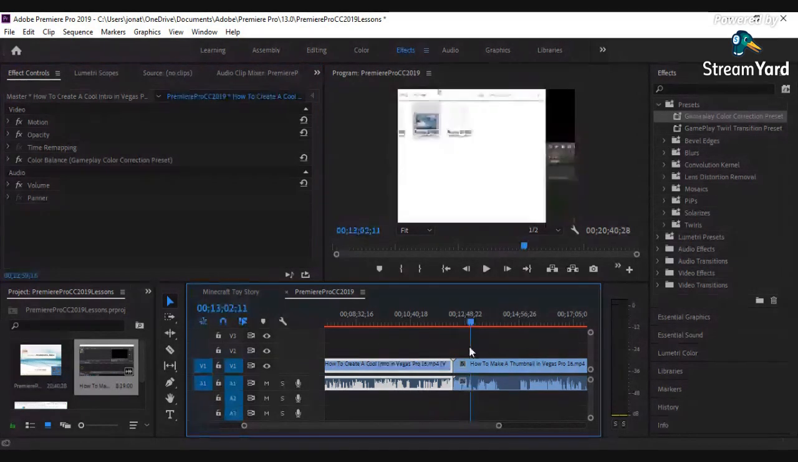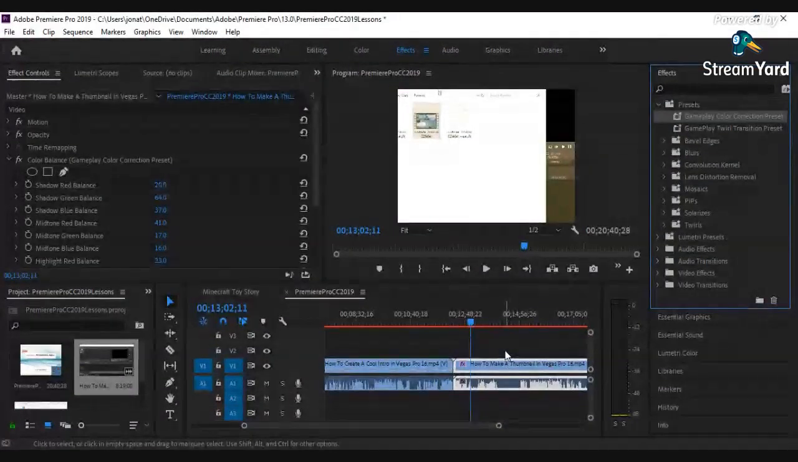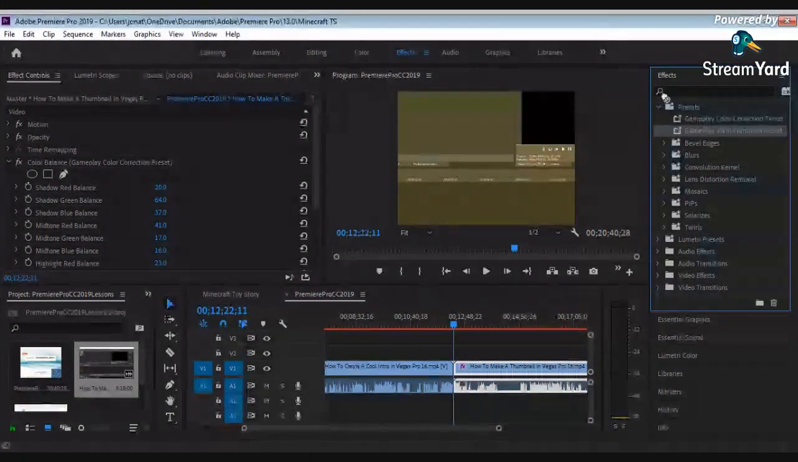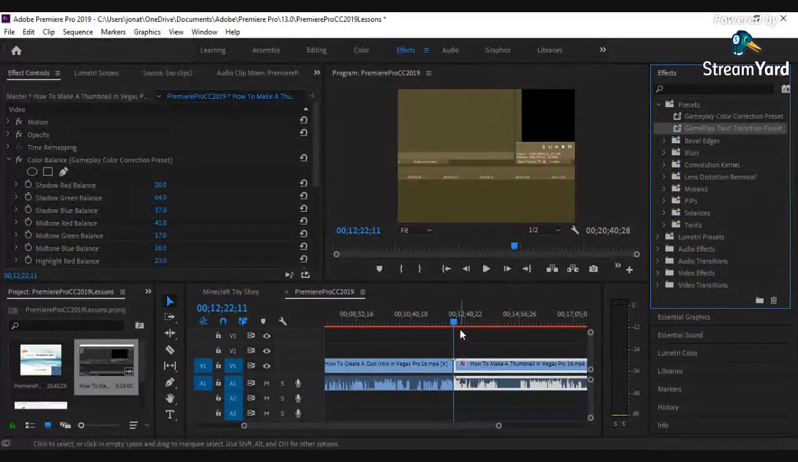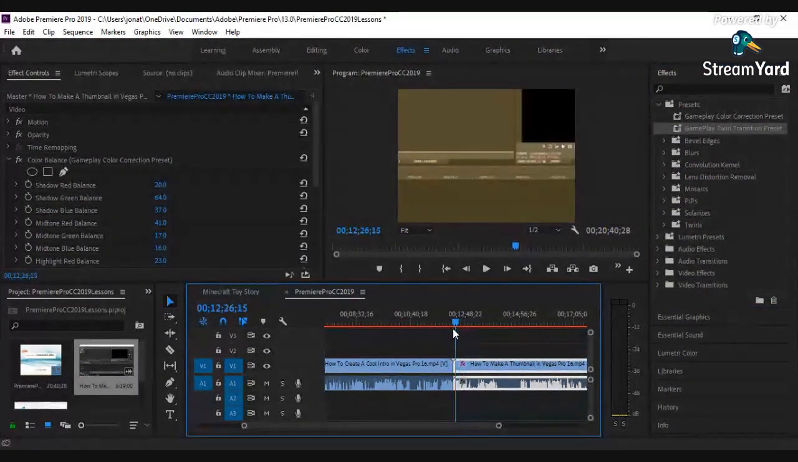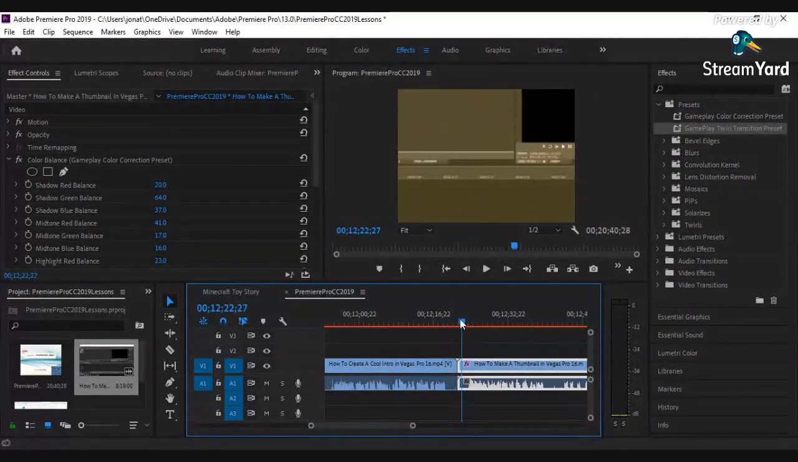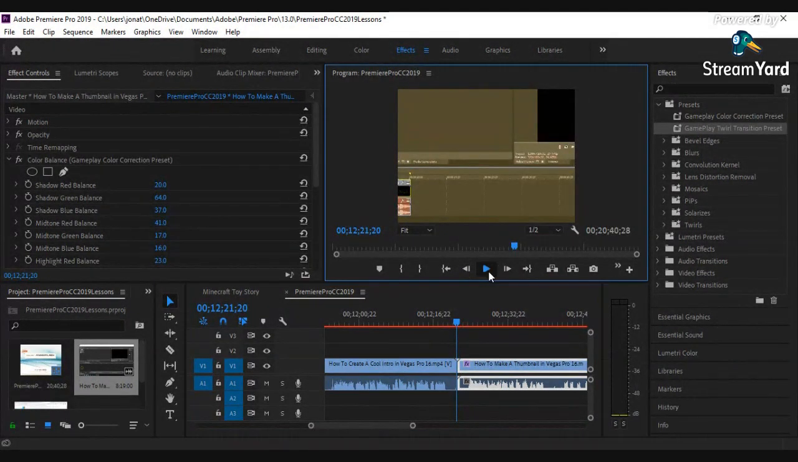Then I'm gonna do the same thing for this one. Drag and drop color correction to there. Now I'm gonna add this transition preset that I created. Let's see, I'll find the transition. Now if I can play this,